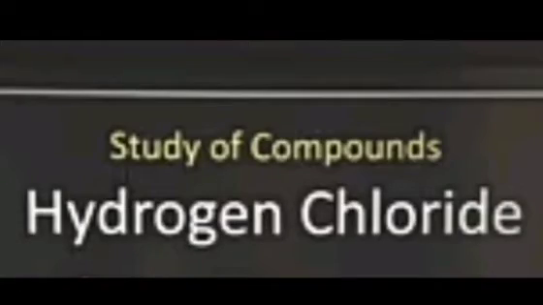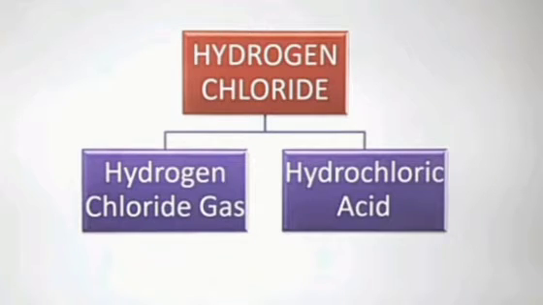Okay, so let's start your chapter in chemistry. Class 10, today we will start a new chapter. That is your chapter number 7A, hydrogen chloride gas. Right? Hydrogen chloride is one of the most important chapters in chemistry, children. Hydrogen chloride is found in gaseous state, but when it dissolves in water, it forms what? Hydrochloric acid. But today in this video, we will discuss only hydrogen chloride gas.